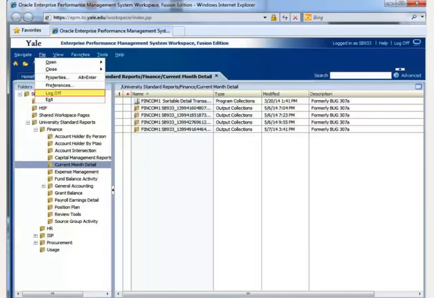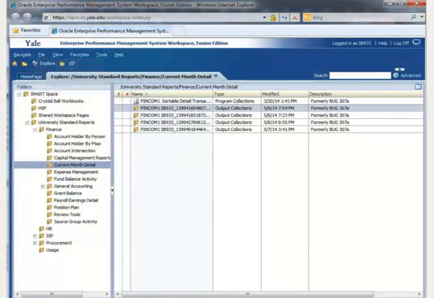Use Log Off when choosing to exit the portal, but to leave the browser window open so you can log back in later. Choosing Exit will exit you from the portal and will also give you the option of closing the browser tab. Let's take a look at the View menu to see how we can sort report files by